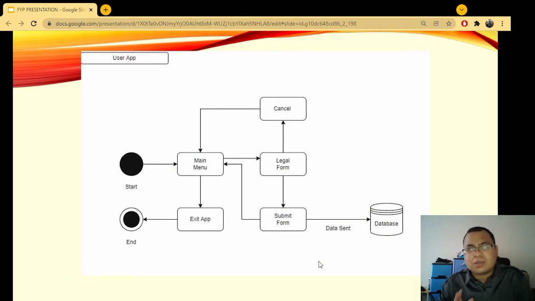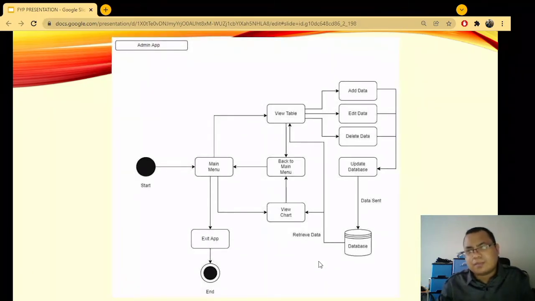From the main menu, the user has two options, either opening the legal form or exiting the app. If they choose to access the form, they will be directed to the first page of the form so they can start filling it. There are also two options when the user finishes filling the form, that is to cancel their form inputs or submit the completed form to the database. Both choices will return them to the main menu.